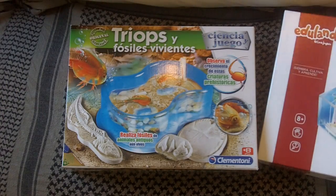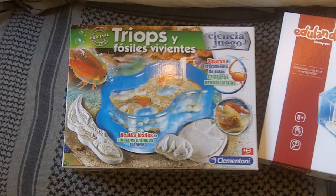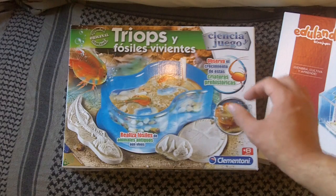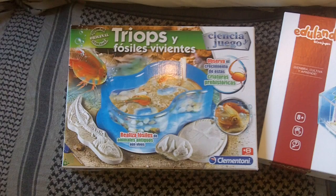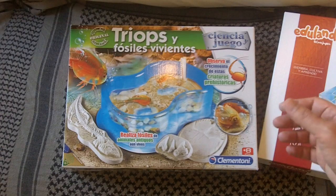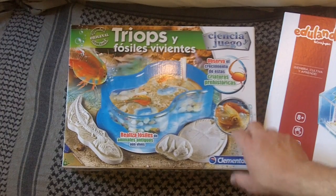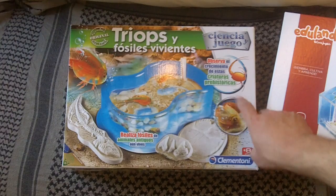Since we were there already, we went for this other kit as well. This is about growing those little, it's not exactly how it's called in English, but basically this bug. You get a little baggie with actual eggs. You mix it up with water, and basically you start feeding it. I thought it was an interesting process for him to see, and it's interesting because these are more of a living fossil kind of creature. These have been around for 200 million years, and I have seen fossils in actual rock with a very similar